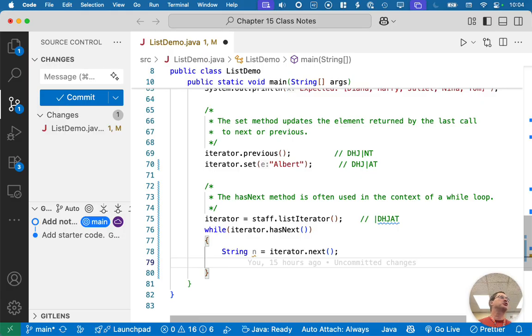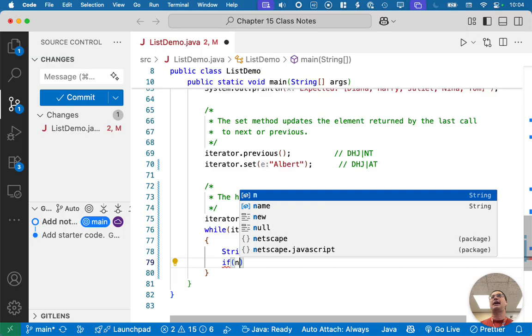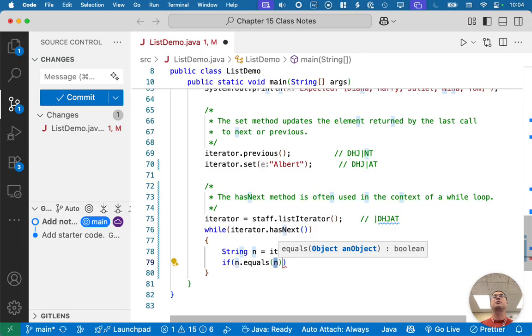Let's say we're searching our list for a particular name. Let's say we're searching for Juliet. We could say if n.equals. Remember, with strings, we have to use the equals method. We can't use the equality operator because we're interested in whether these two objects have the same sequence of characters, not whether they are the same object, the identical reference. So if it equals Juliet,